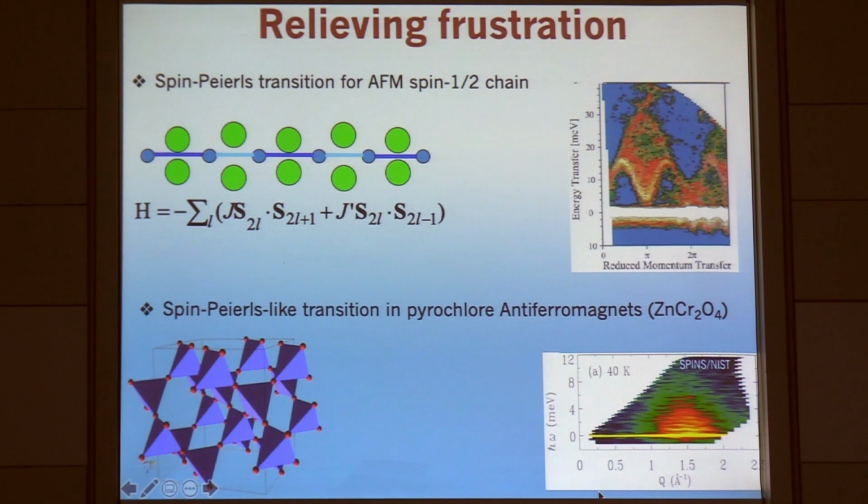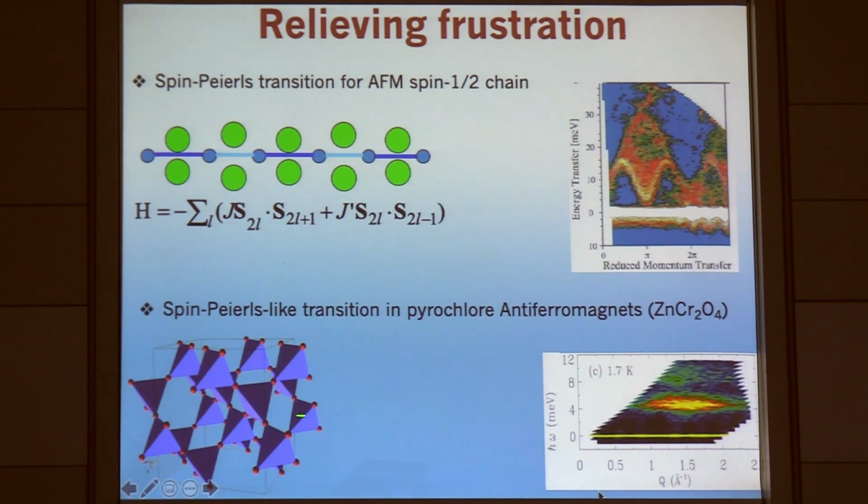Now the other example of this kind of transition, I call this spin-Peierls-like, that I wanted to mention, is the case of a frustrated magnet, in this case zinc chromate, and it's a spin 3/2 isotropic spin on a pyrochlore lattice with antiferromagnetic interactions. And it's highly frustrated. The ordering transition is heavily suppressed compared to the bare interaction. And in fact, prior to that transition being able to take place, if you will, on its own, then there's